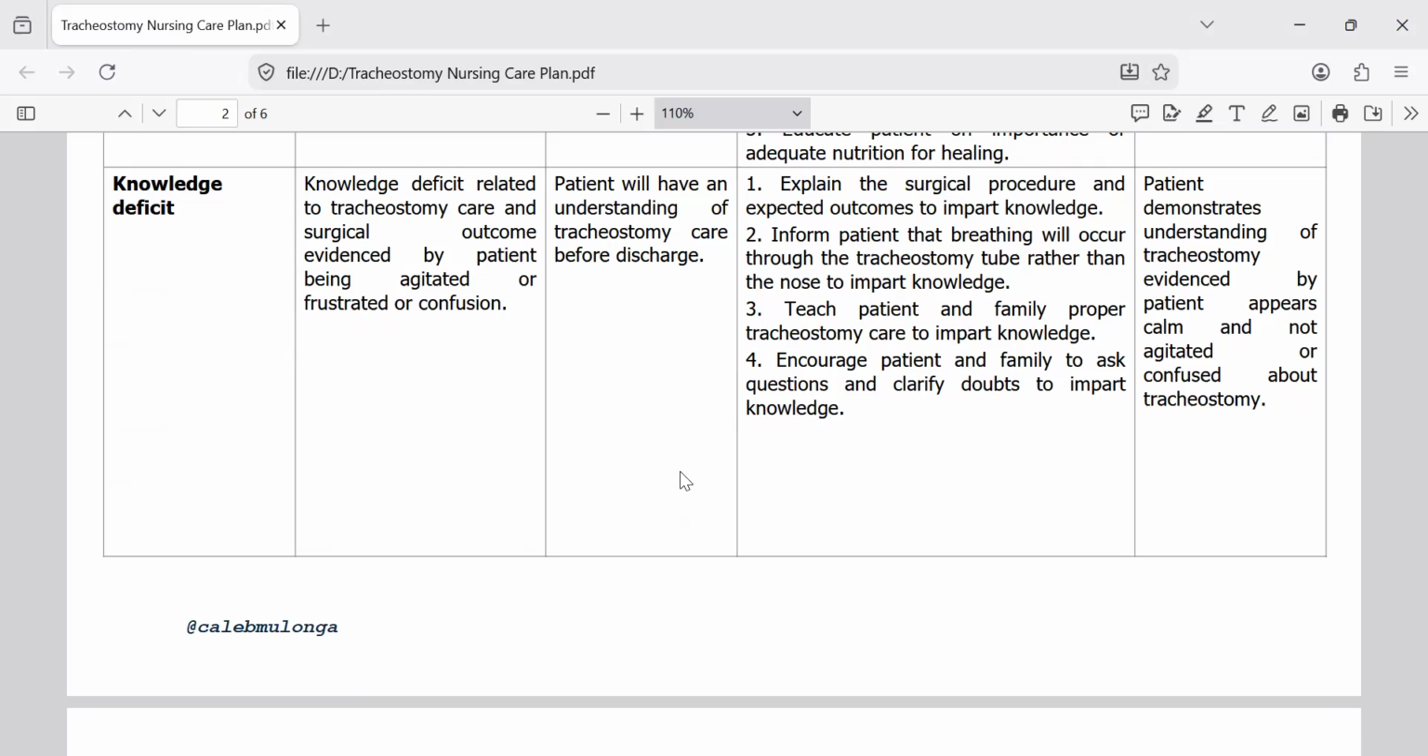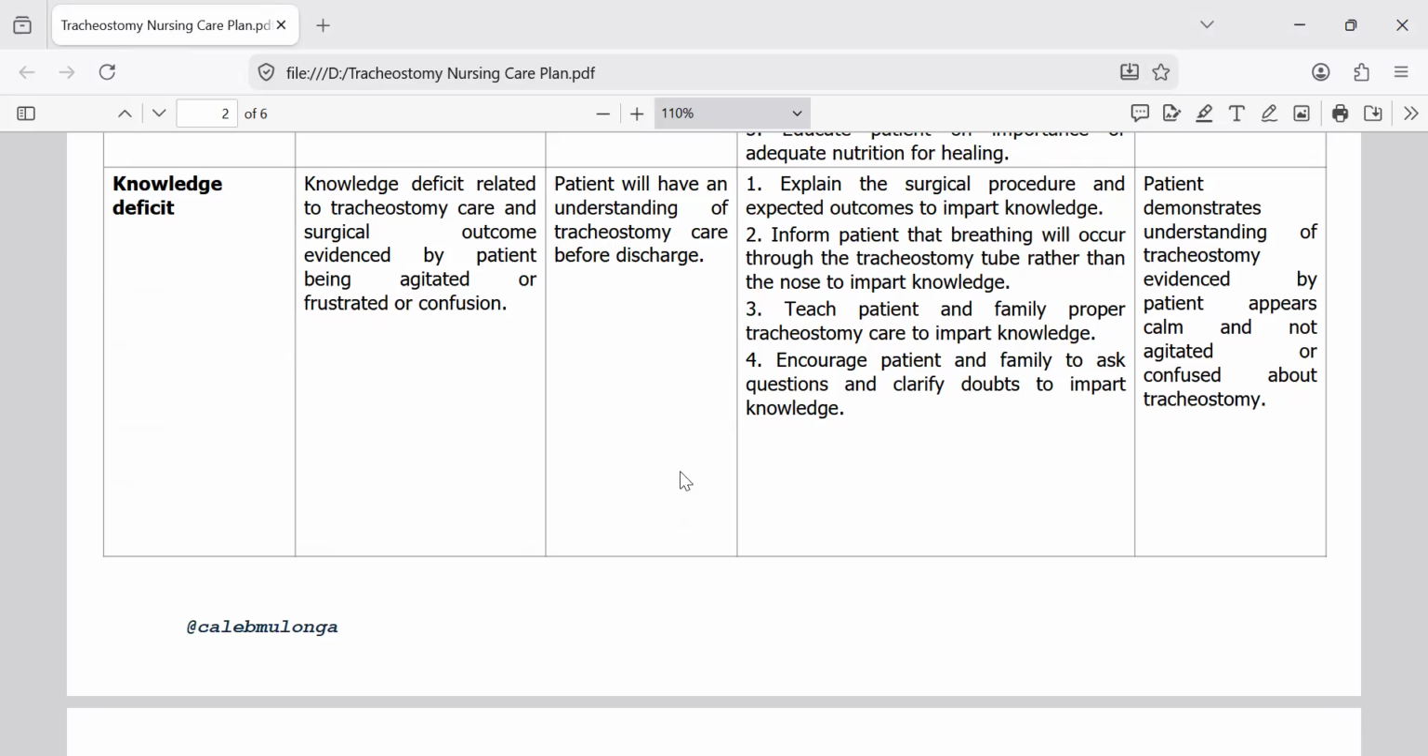Number 1, interventions. I will explain the surgical procedure and the expected outcome to impart knowledge. So this is straightforward. Basically, we're saying we're going to explain the surgical procedure, what was done, and the expected outcome or the outcome of the surgical